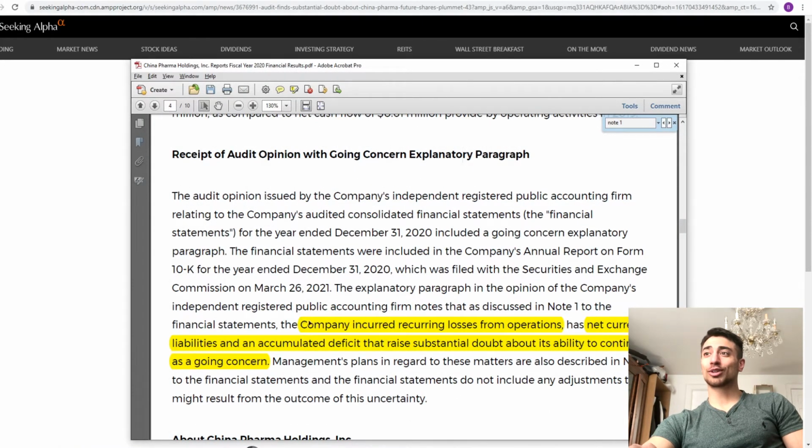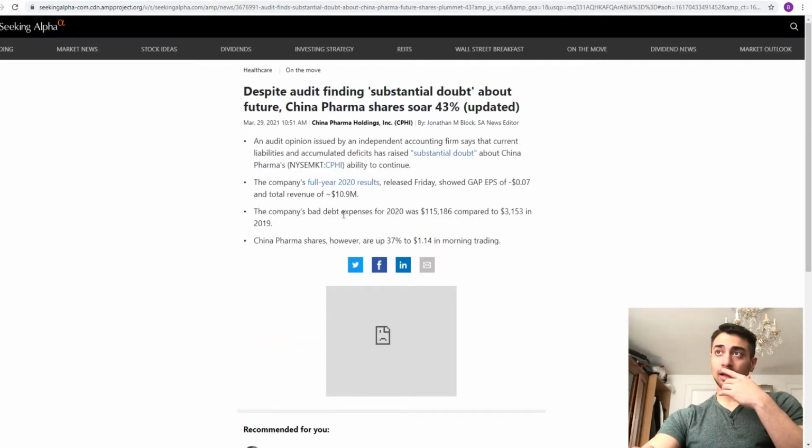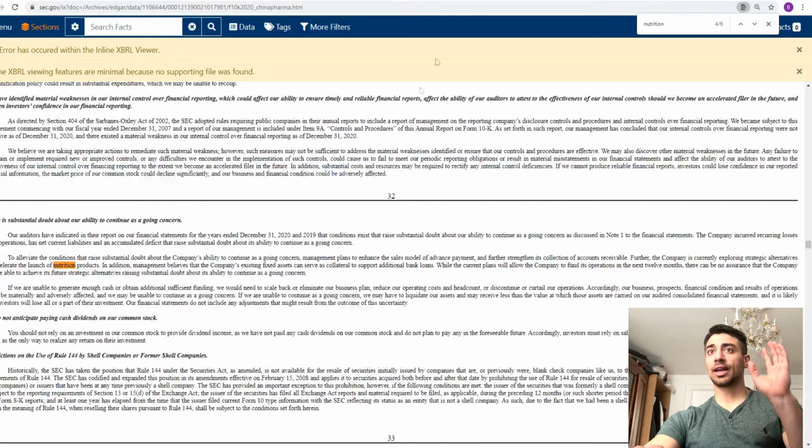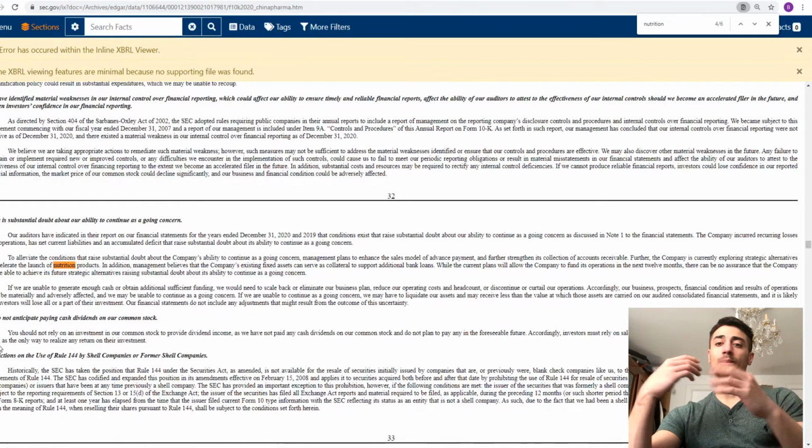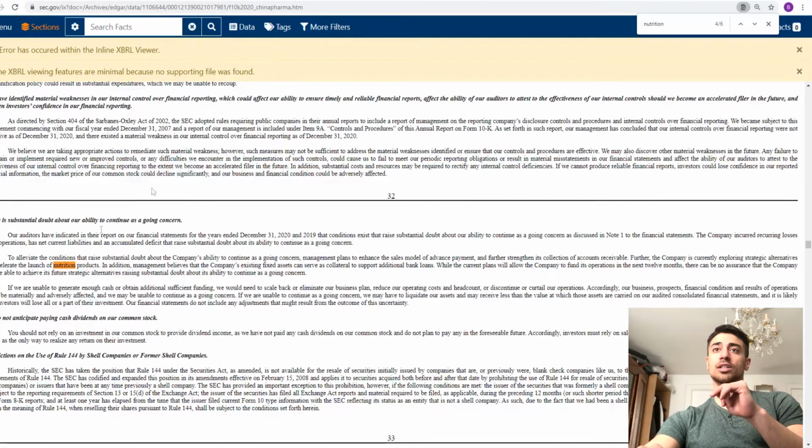It says the company incurred recurring losses from operations, has net current liabilities and accumulated deficit that raises substantial doubt about its ability to continue as a going concern. So that's true. It does suck, but it's not a big deal. They have a strategy to mitigate that, which is good. I can tell you straight up what their strategy is. Their strategy is to go into nutrition products, and they also have fixed assets which can serve as collateral. So they're okay, but they can't give any guarantee that they're going to remain